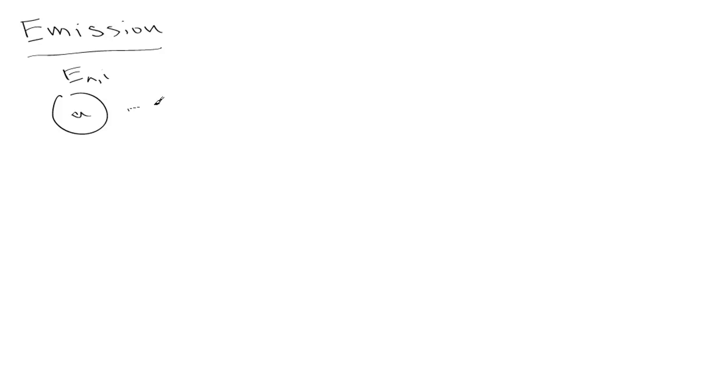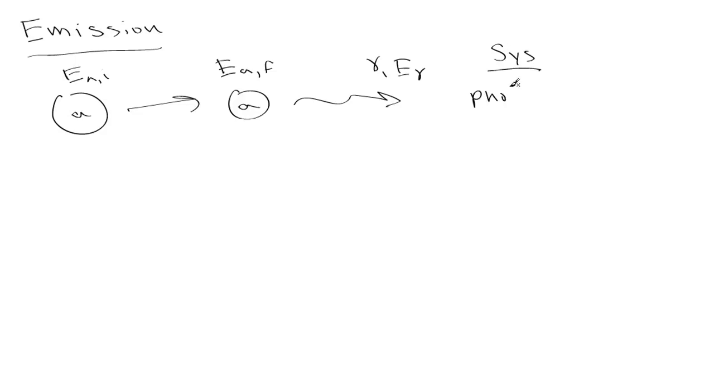For the other case, in emission, we start out with an atom at some energy E initial, which then emits a photon, so it has a new energy, E final, plus a photon with energy E gamma. Then again, for a system of just photon plus atom, and the surroundings, which are nothing useful,